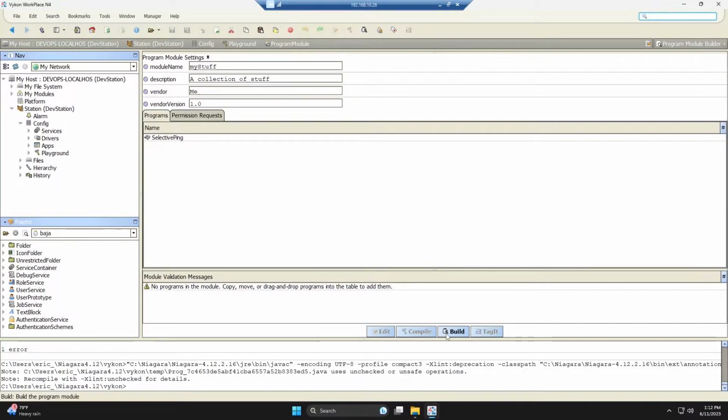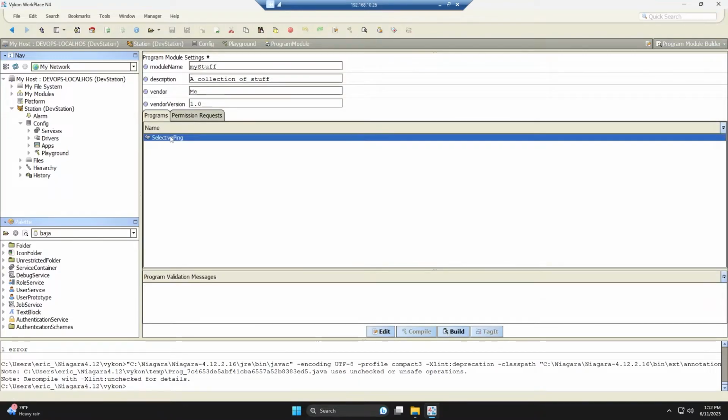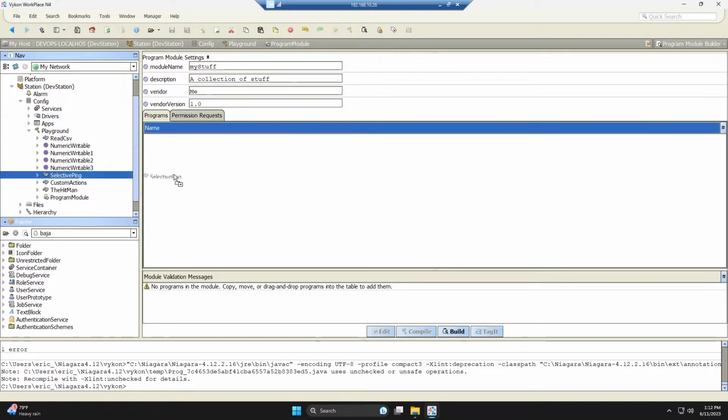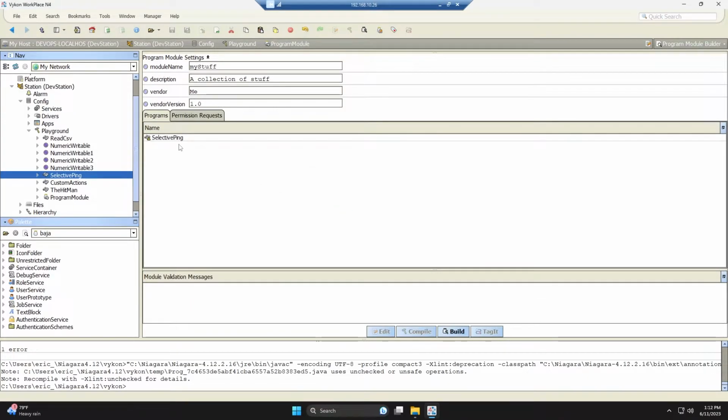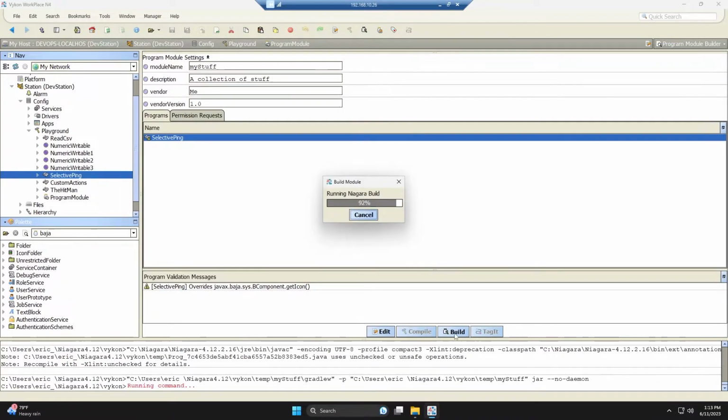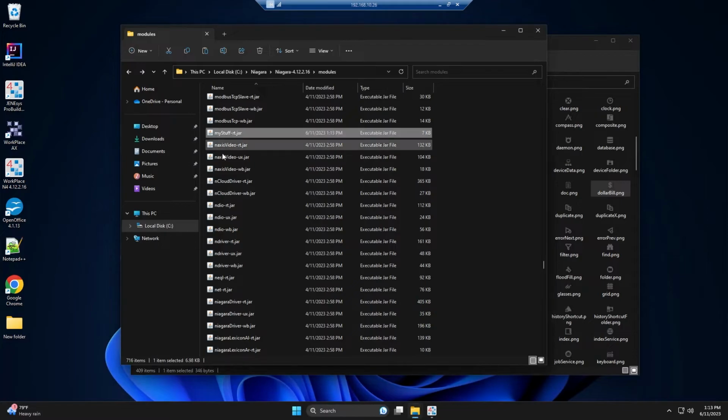All right, so we go into our module builder and we delete this, and we're going to add it back, and we're going to get a message this time saying that we're overriding the javax.baja.sys.BComponent.getIcon. It's just a warning. All right, so we hit build, and we're going to close out Workbench, launch it again,